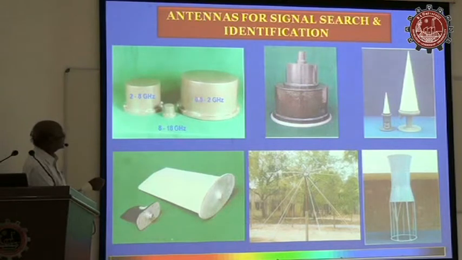These are the biconical antennas. And sometimes this is covering 2 to 8, 0.5 to 8, 8 to 18. But if we want to cover from 0.5 to 18 as a single unit, then we can stack one over the other to cover the frequency band of 0.5 to 18 GHz. This is called conical spiral. These are the blade antennas. This is discone antenna. Low frequency. If you use a total continuous surface, the wind load will be very high. Because of low frequency, we can use rods to simulate this cone as well as disc. This is the coaxial dipole.